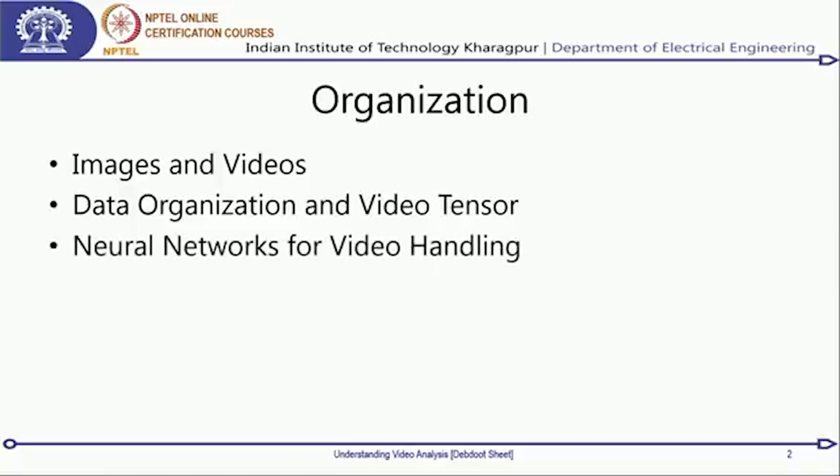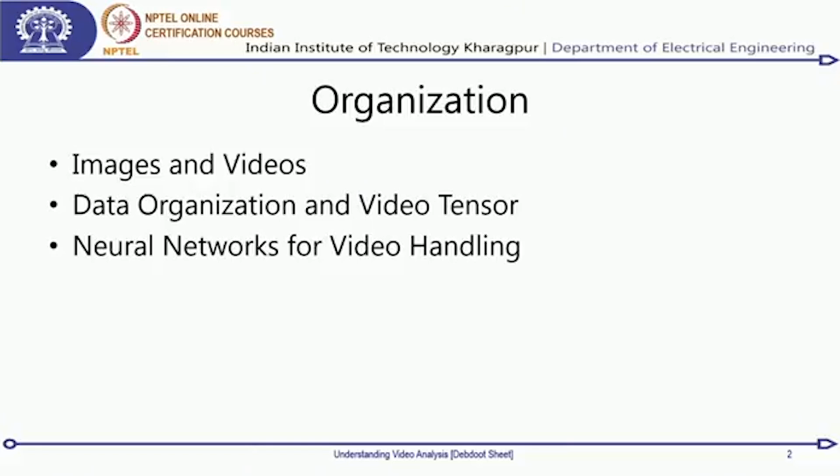Subsequent to that, I will be getting you introduced to neural networks for video handling, and this will be very specifically just convolutional neural networks, because if you have a fully connected network over there, then it becomes easy because you can just stack all your neurons irrespective of whatever you are doing, and then it can directly be used. But the moment you are speaking about convolutions, then it does not become so easy. So here comes a trick: what axis do you convolve around for each of them, and what happens to the number of channels, because now your data technically becomes 4D data if you have a color video representation. So that's what we will be doing in this neural networks for video handling,